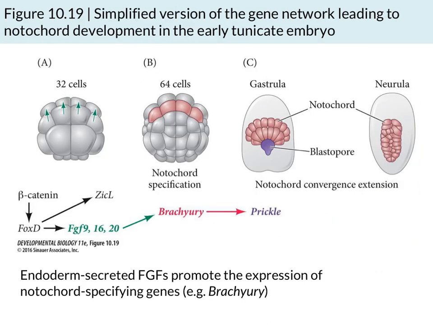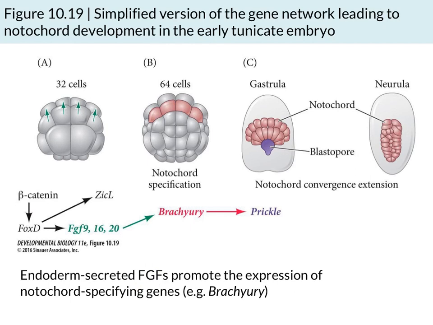So we've looked at the autonomous specification of the endoderm and of the tail muscles, but some of the tissues of the tunicate are conditionally specified, and two of these tissues include the notochord and also the mesenchyme, and both of these are mesodermal tissues. Now, the induction of both the mesenchyme and the notochordal fates requires the paracrine factors of the fibroblast growth factor family, or FGFs, and those FGFs are going to be secreted by the